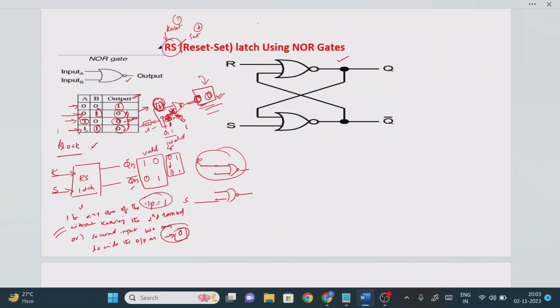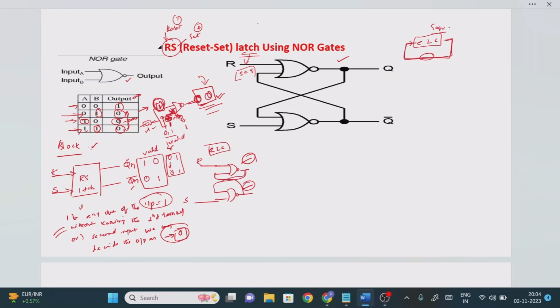What is the meaning of this? If output depends on the inputs, then it is called a combinational logic circuit. Now what is the example for the latch? Latch is not a combinational logic circuit, right? It is a sequential logic circuit. So what is the meaning of sequential logic circuit? A combinational logic circuit plus somehow the output is connected to the input, by using a memory element, or directly you can give the feedback path. So this is called a sequential logic circuit. It means that initially it is a combinational logic circuit, so somehow you need to convert it into a sequential logic. How? The output should be connected to the inputs. Then it will be a sequential logic circuit, right?